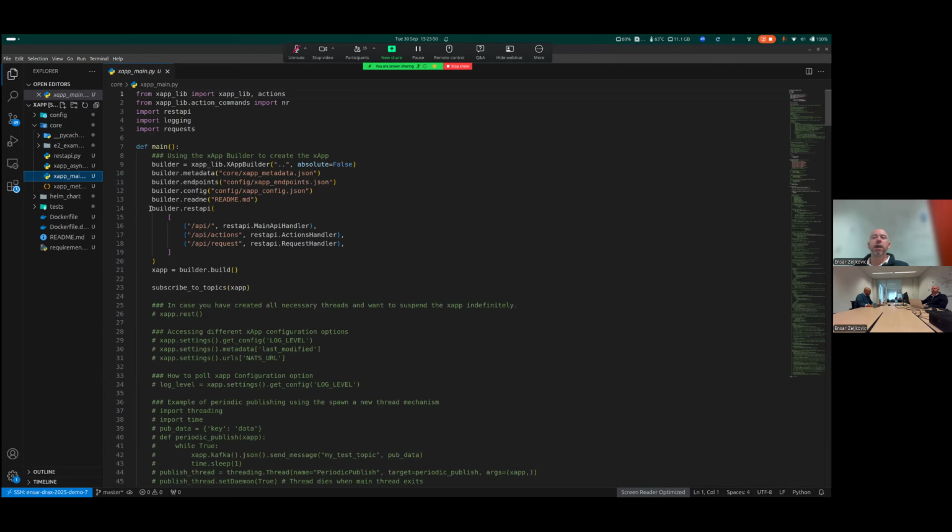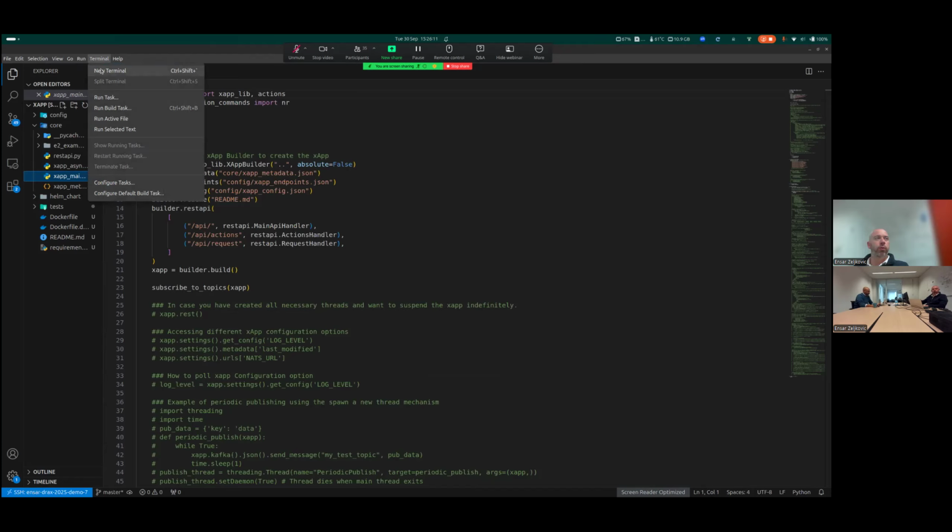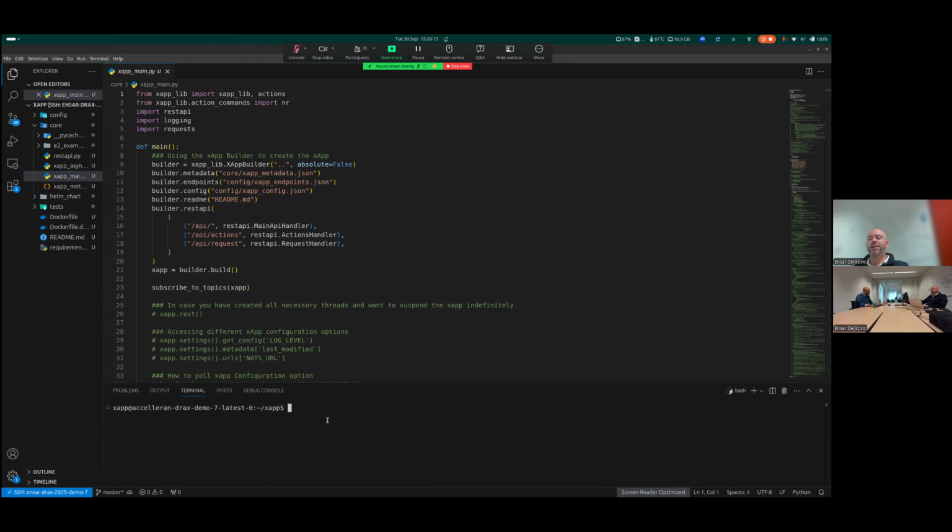But now you see I'm opening it up in the VS Code editor with all the goodies and plugins of Python and whatever that I have, with autocomplete and other functionalities that I can utilize to make my life easier in terms of programming. The beauty of VS Code as well is I can also open up a new terminal window by clicking here at the top, Terminal, New Terminal. And this opens up directly the terminal in that remote machine as well.